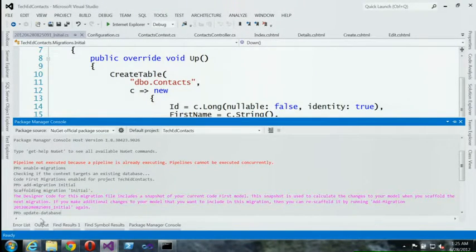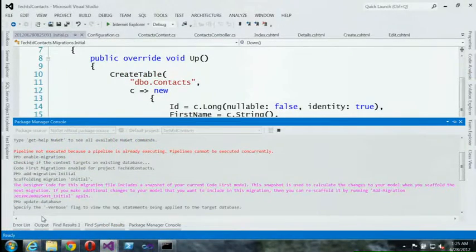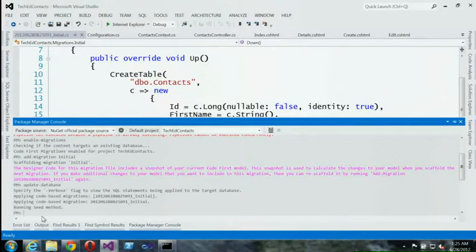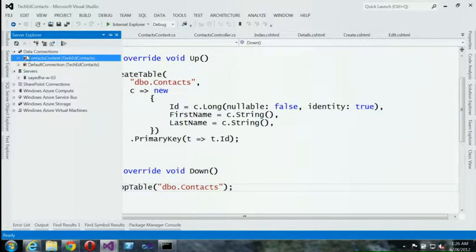And that command is just update database. You go ahead and click enter on that. So it will determine what is going to be the runtime connection string for that context. With EF, if you don't have a connection string inside web config, it will generate a default connection string for you. In this case, it's going to be using LocalDB, and we could actually see that database over here